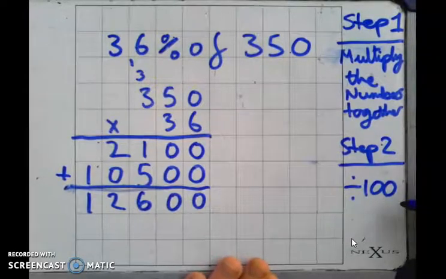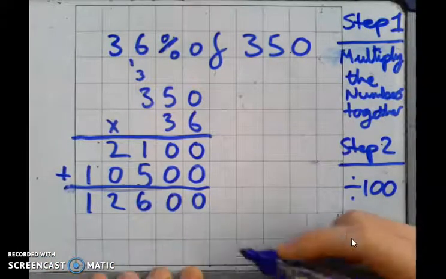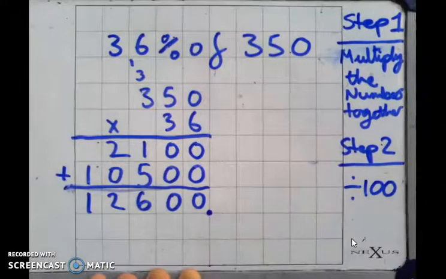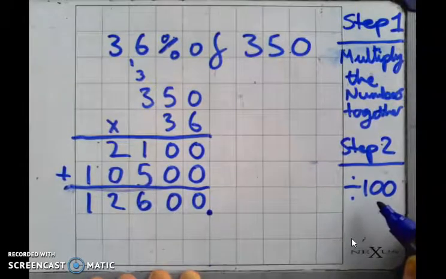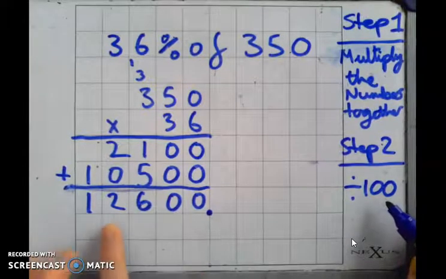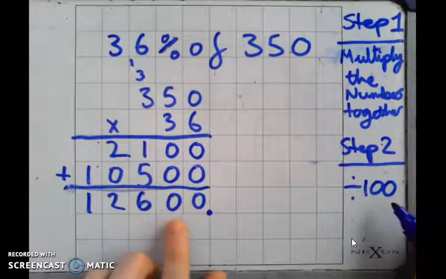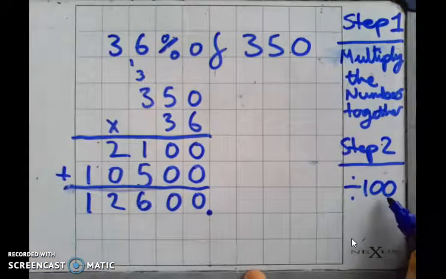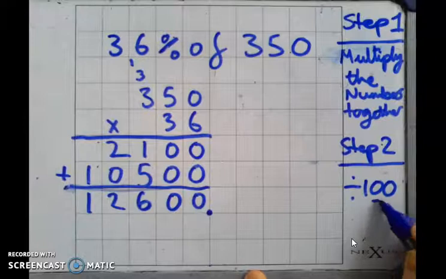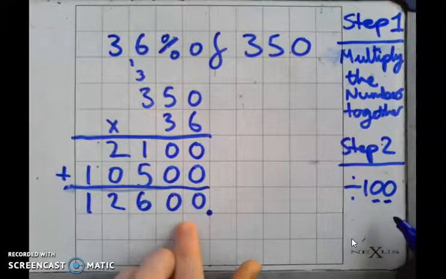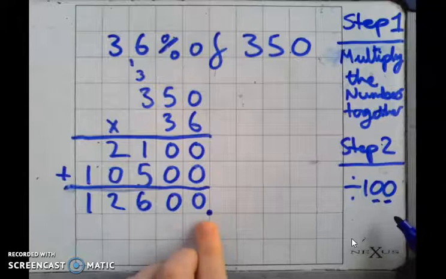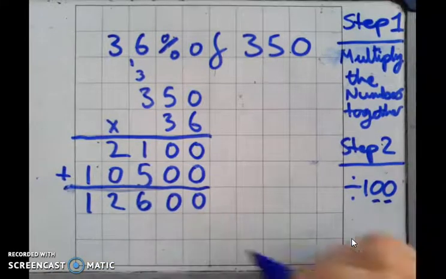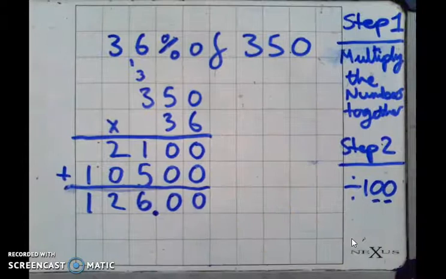Now the simplest way to do this division by 100 is to remember that any number to the right of it, there will be a decimal point. And when we divide by 100, the digits in this number will each move one place to the right for every 0 in the number we're dividing by. We're dividing by 100, there are 2 zeros, so these digits are going to move one place to the right. All of them. And that will mean that the decimal point goes in there,